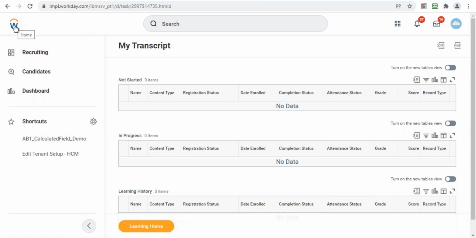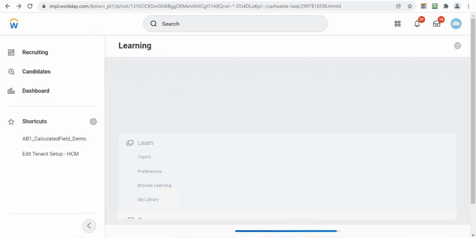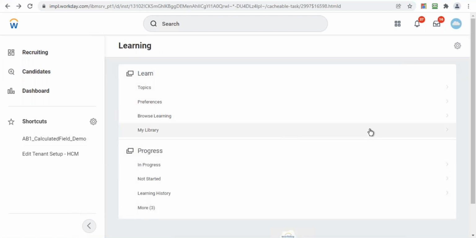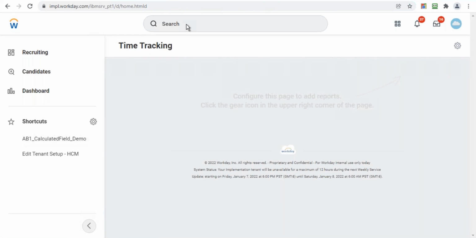That is how the learning worklet is designed for all the employees, which can be accessible for all the learners with all the learning content. So now to enable this one, what I've done is I just